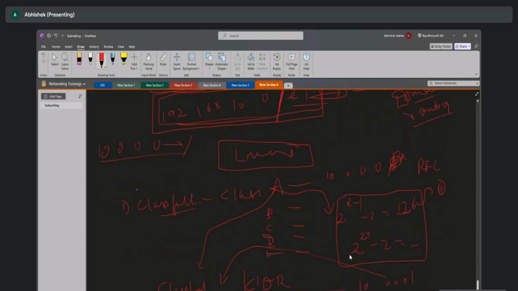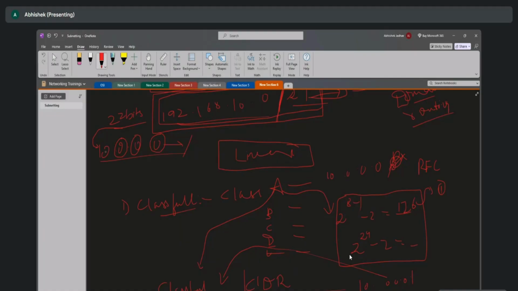So how many subnets can you create? You have the potential of creating 8, 8, 16, 16, and you will not utilize the complete 8 because we have the IP rule where minimum 2 bits should be there. So 8 plus 8, 16, 16 plus 6, 22. So 22 host bits you have in order to create hosts within the network itself,